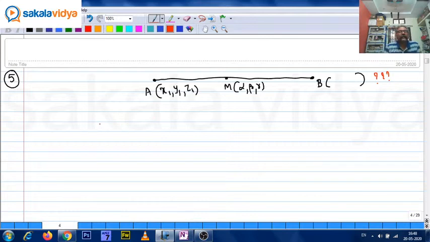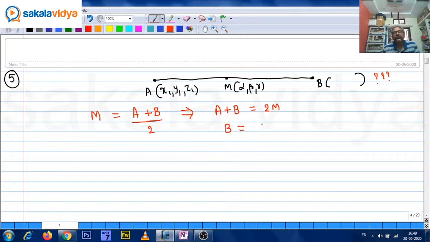So that means we can write M is equal to (A plus B) by 2. Use the matrix concept, no problem. (A plus B) by 2. So now we get A plus B equals 2M, in vector concept also. Now we need to find out B. B equals 2M minus A. That means we multiply the midpoint by 2, (alpha, beta, gamma), and subtract (x1, y1, z1),